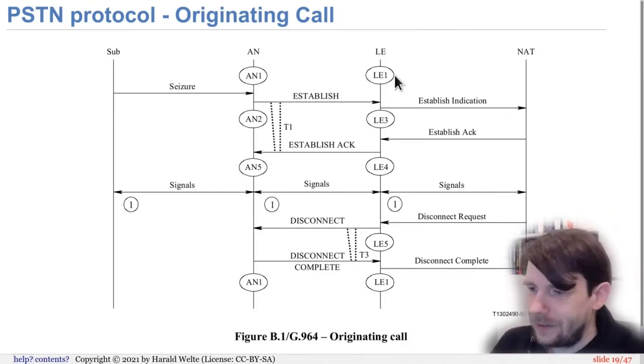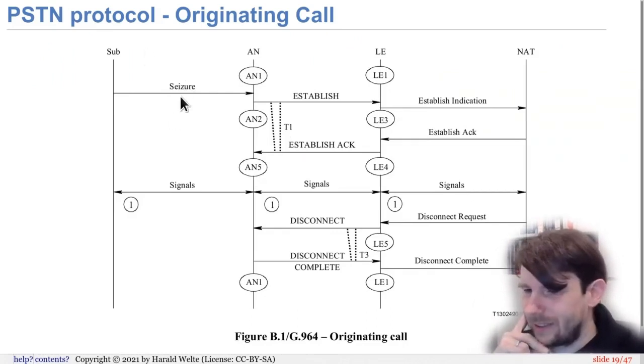And these LE1 and AN1 and so on are state names. So the specs basically say, well, on the access network, you have these states AN1 to AN5. And in the local exchange, you have states LE1 to LE5, and we have these messages between them, and then the state transitions and the state machines, that's all defined in the specs. So the telephone receiver is lifted off the hook, the line is seized, and that creates an establish V5 PSTN protocol message to the local exchange, which would send an establish indication to the higher layer entity, meaning the actual telephone signaling software. It acknowledges that, creates an establish ACK to the